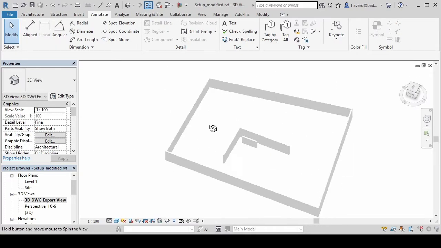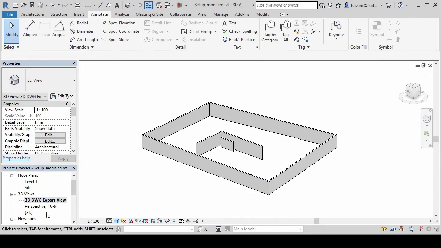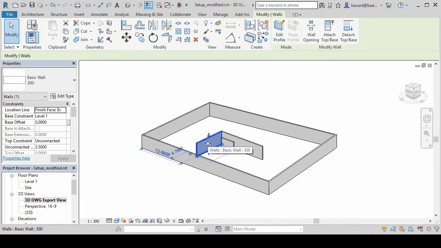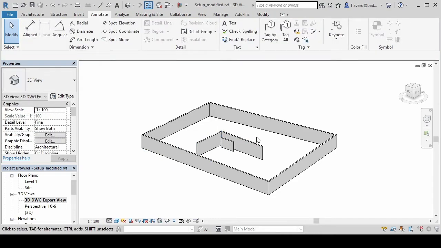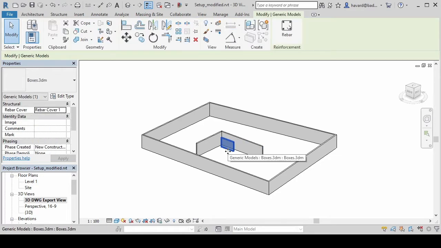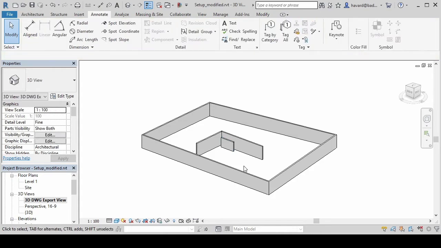One important thing that we want to do now in our Revit setup is that in our 3D DWG export view, we do not want to show the geometry that's coming from Rhino. If I'm making changes to these walls, I want to be able to quickly export them to the DWG file and then get them into the Rhino file that's attached into the design model that's called boxes. But I do not want that Rhino geometry to loop in the exchange of data.